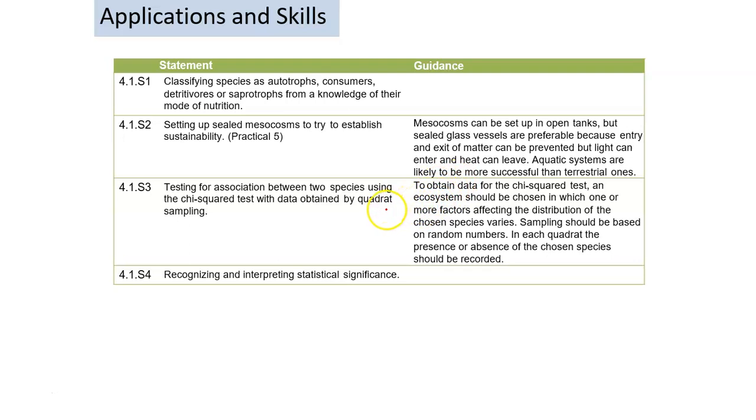And there are two main parts of this unit that you need to learn, according to the applications and skills. One is that you are going to make a mesocosm. A mesocosm is a sealed container which doesn't allow energy to come in except light energy. The other materials and chemicals will be kept inside, and you will see how it makes a balanced situation. And there are some examples, and you are going to do it as a practical of your IB curriculum,